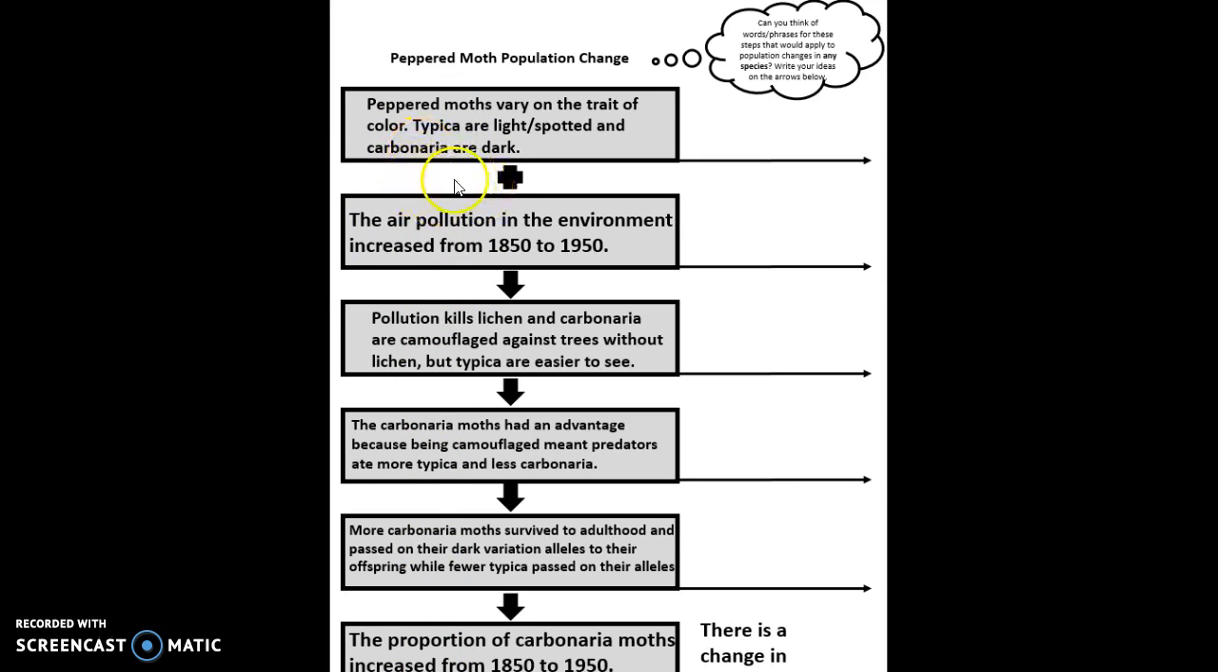And it's important that you can see that both the variation and the change in the environment cause the next thing, which is the lichen dying, to occur, and the lichen dying causes the Carbonaria moths to have an advantage because they're not as easy for predators to see, and the Typica are easier for predators to see, and that the Typica are eaten more than the Carbonaria, so the Carbonaria have a better chance for survival, and they pass on their alleles. It's important that you can see those steps in order, because those are the kinds of steps